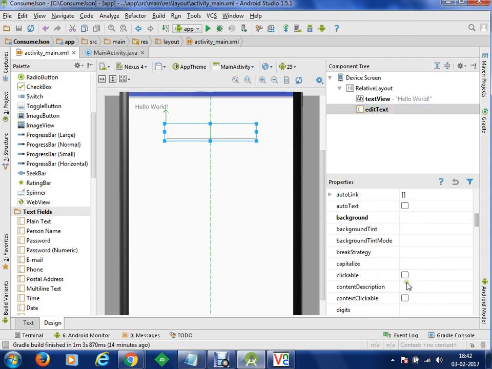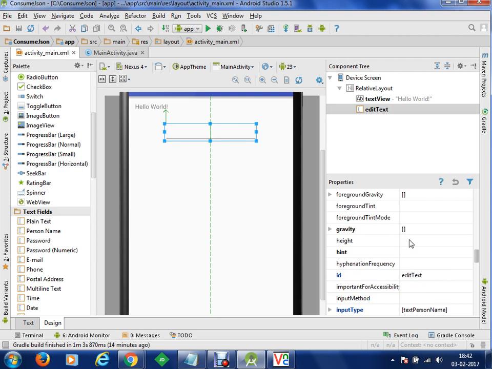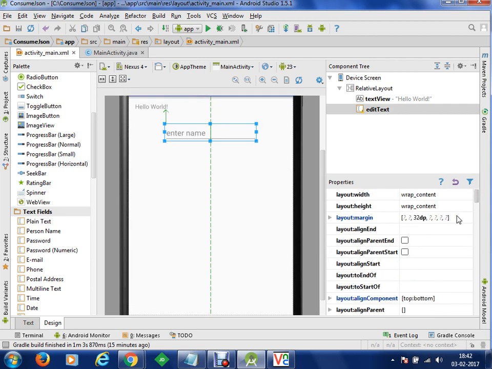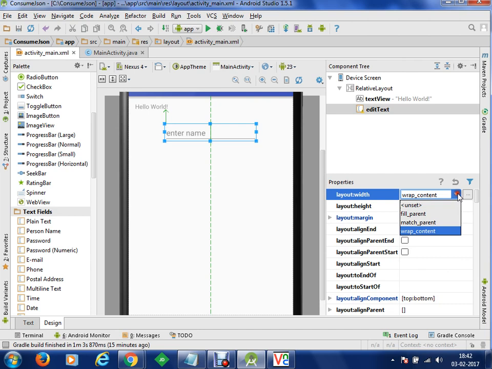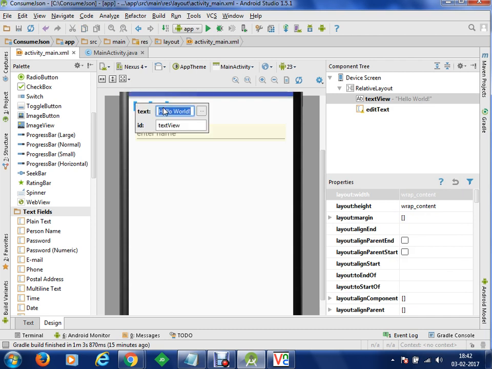We can set the hint here, and within this we enter name. I'm going to set the width of this edit text control to match parent so that it takes the complete width of our relative layout. I'm going to change this hello world to something like consume JSON demo.